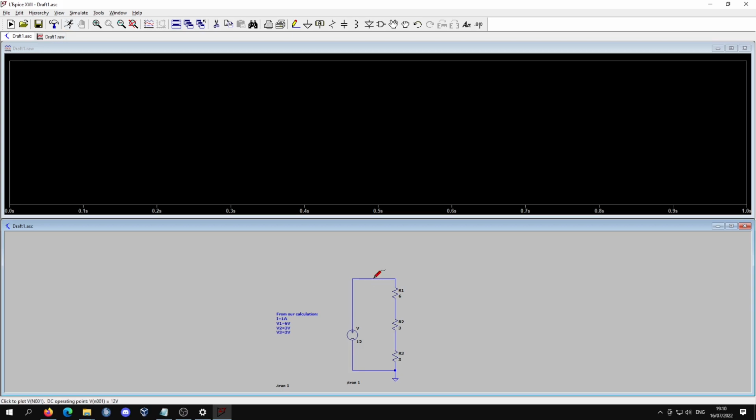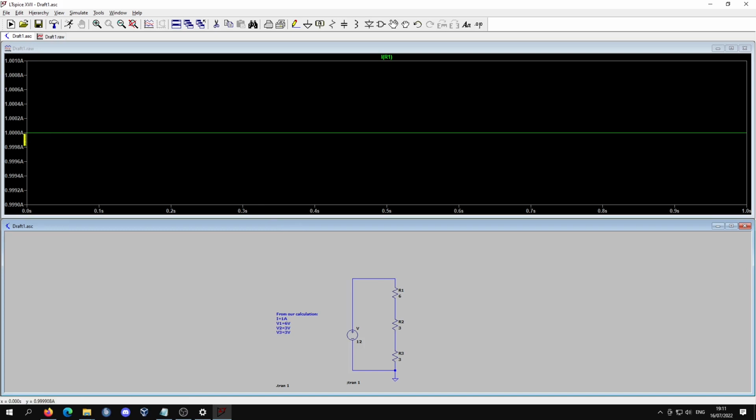For measuring voltage we have to click on the wire between the devices. To measure current we have to do the exact opposite and click on the devices themselves. If we hover over either a wire or a device, we get a different probe symbol. Let's start with the current. As we know that the current is the same through all the resistors, it does not matter on which one we click.